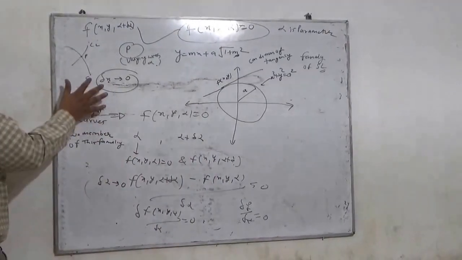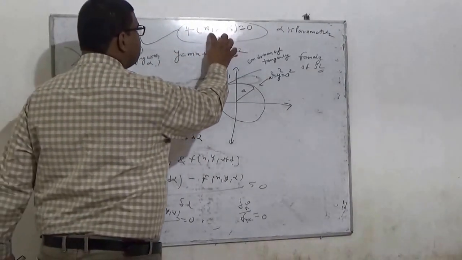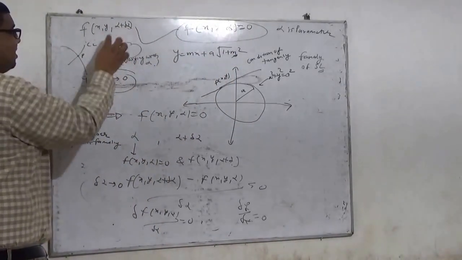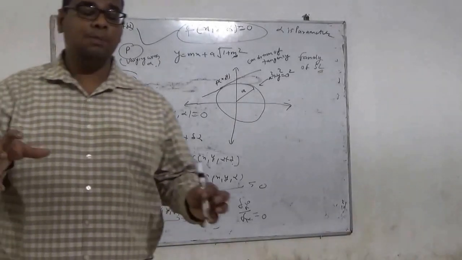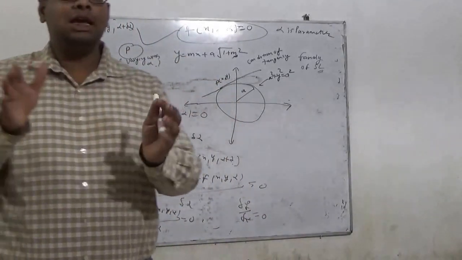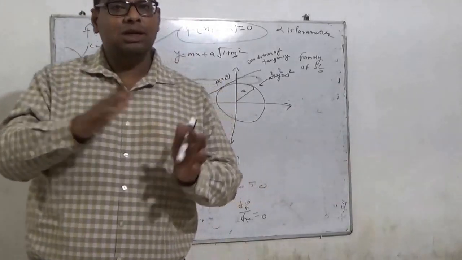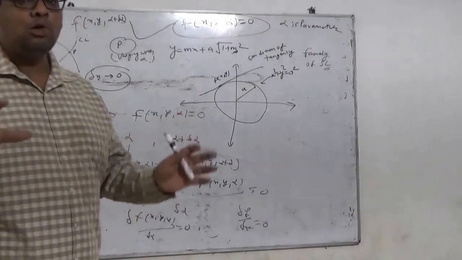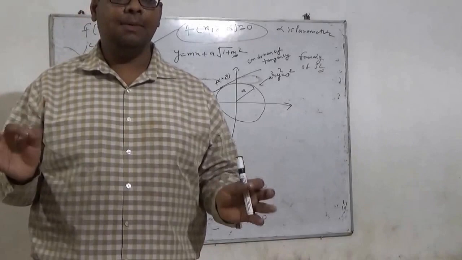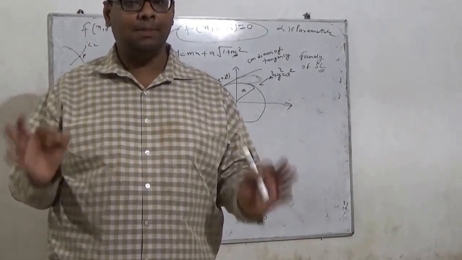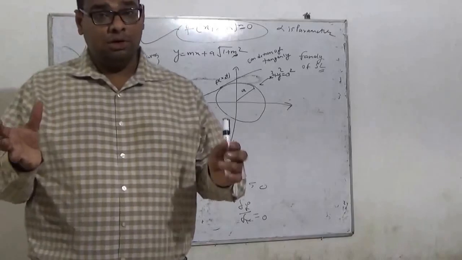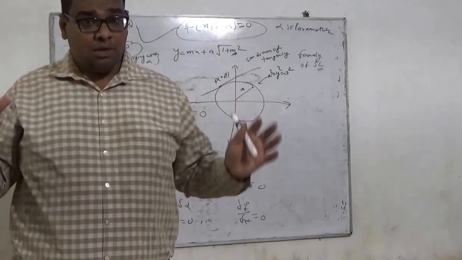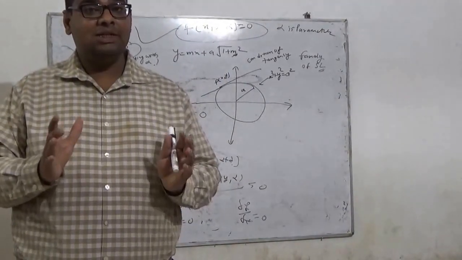I can explain it again. C1 is the equation of the curve for the family f(x, y, alpha), and the corresponding neighborhood curve f(x, y, alpha plus del alpha) is C2, and both intersect at the general point P. Then the point P, which varies according to alpha, will tend to a definite point as del alpha tends to 0, and the locus of that point will be called the envelope. So for the envelope we should have a family of curves or a family of straight lines, and according to that family we can obtain our envelope.